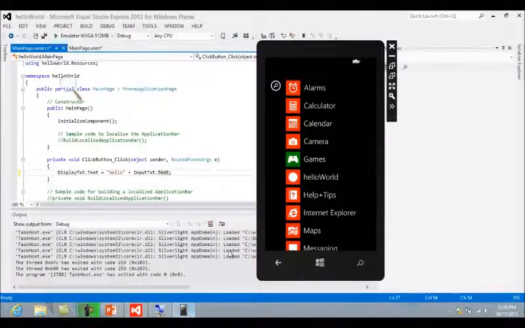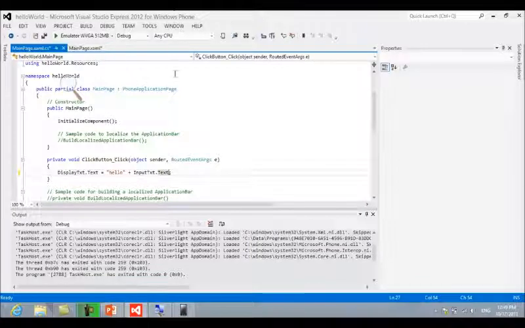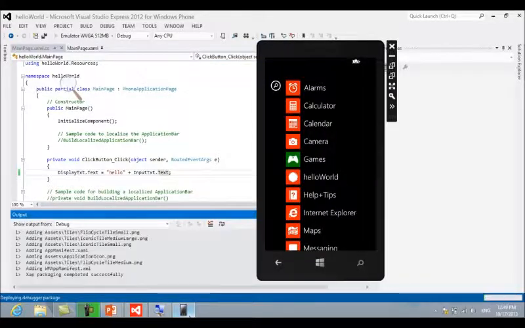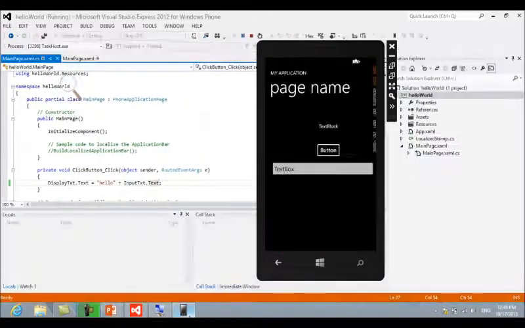Right now, keep in mind, every time you are done with one application, don't close your emulator. Every time you want to stop your application, you don't need to stop it by closing the emulator. You just have to stop debugging using Visual Studio itself. So let's try to run this application. I'll just execute it on the emulator. It will be done much faster compared to last time, as you can see over here.